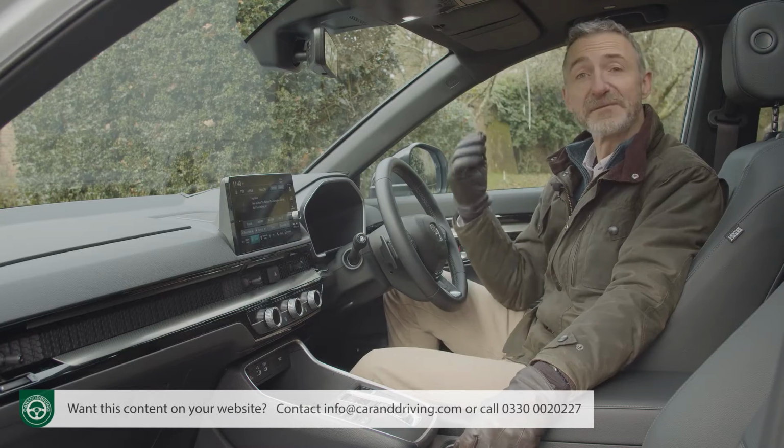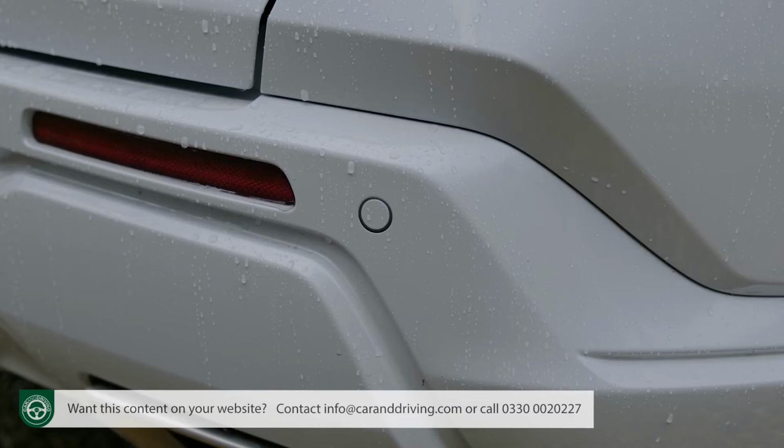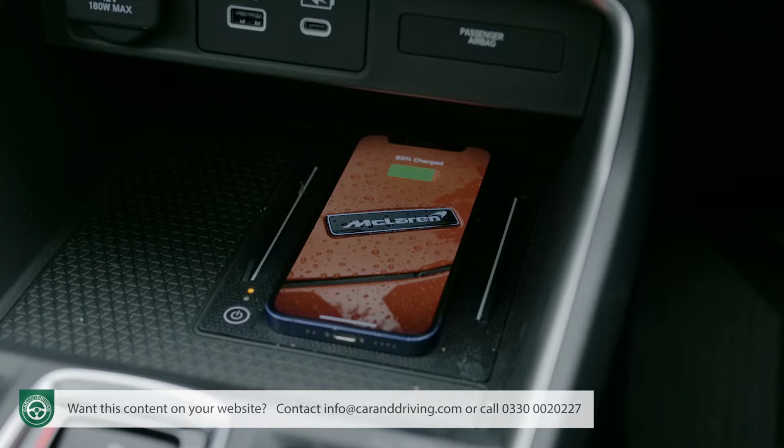All-round visibility is fine thanks to the tall rear and side windows, and that also helps over-the-shoulder visibility despite the rather wide rear pillars. But just in case, a rear view camera and rear sensors are standard, as you'd expect for this money. As for spaces to put things, well, you get this large open recessed area at the base